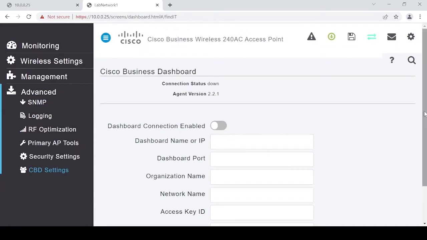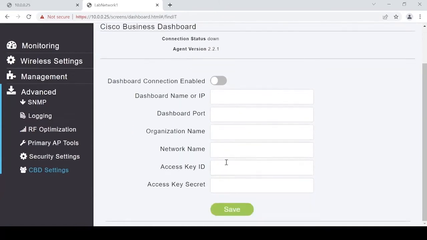They do work a little better if you have an SSL certificate or something along those lines to kind of secure the connection and make it a little easier to connect. But as you can see, you can just use this AP, specifically the CBW 240, to connect directly to the dashboard and act as your local probe for a remote network, should it not be on the same one as